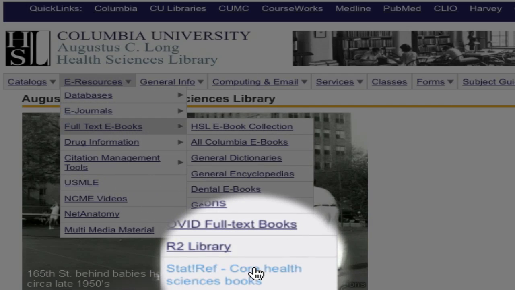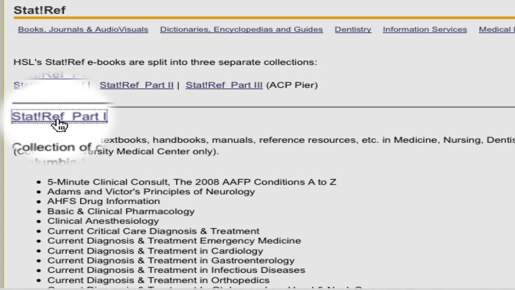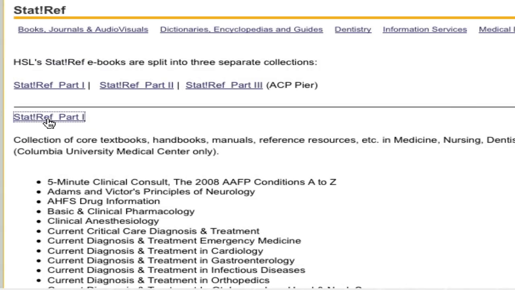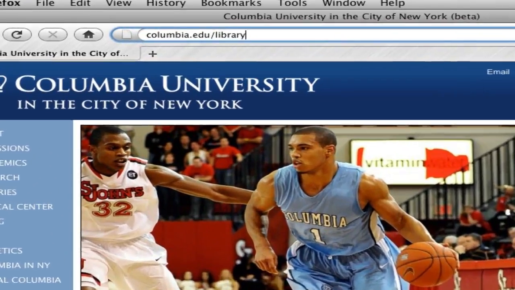list, click StatRef. On the page that follows that click, you will need to choose from a few StatRef modules, but for most general background questions in the health sciences, I would recommend clicking the link that reads StatRef Part 1. To identify and access other multi-title ebook platforms in other disciplines, follow these steps. Go to